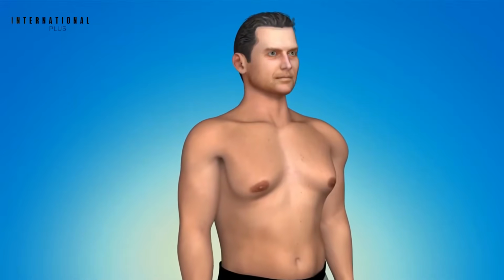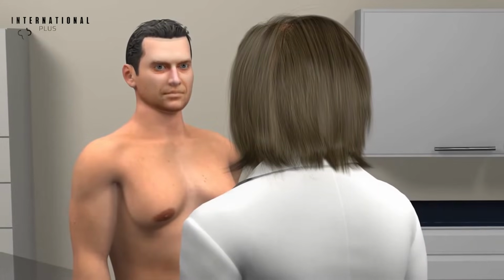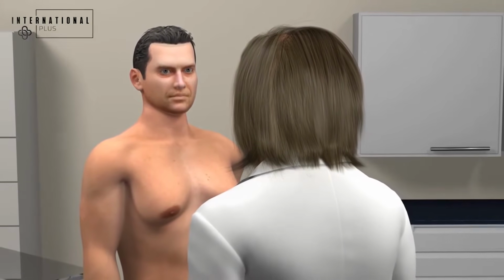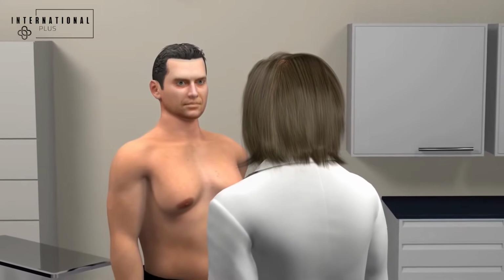This animation will depict Grade 2 gynecomastia. During an initial consultation, your surgeon will evaluate the size and shape of your breasts, discuss treatment options, and pre-plan